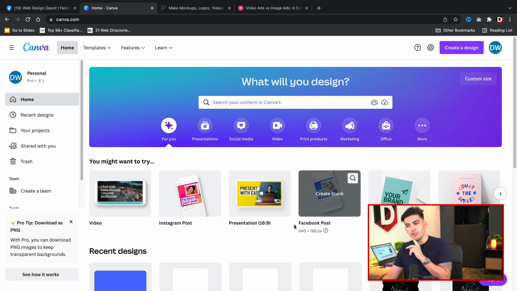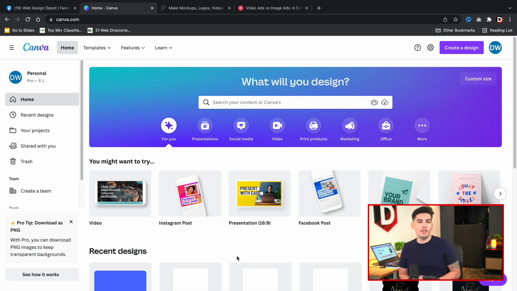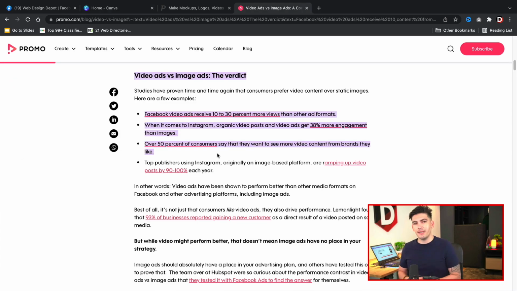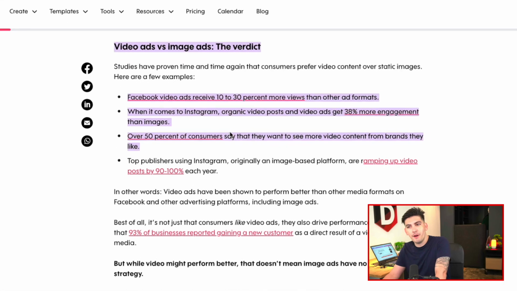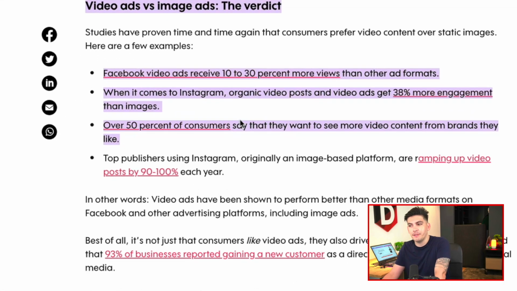Now, before we do this, you might be asking yourself, Daryl, should we use an image or should we use a video? So here's some quick analytics about Facebook videos versus images. According to Promo, which is a very large promo company for Facebook advertisements, they receive up to 30% more views with video than any other ad.